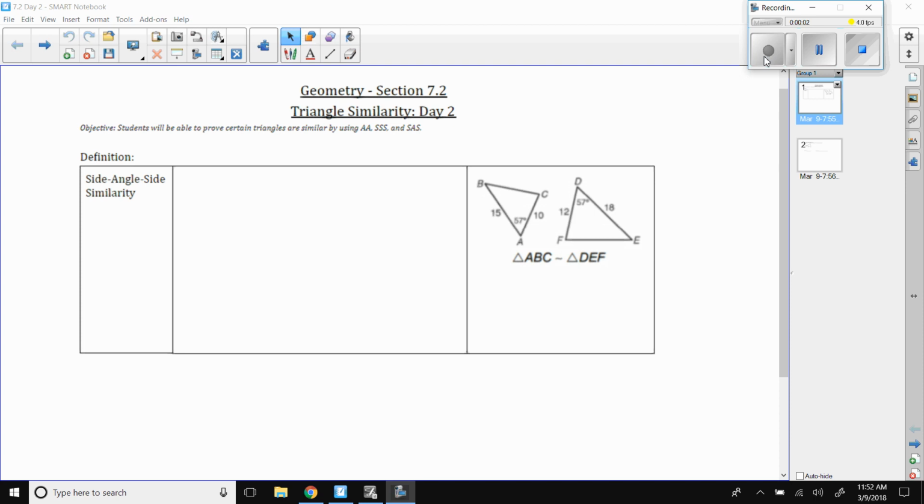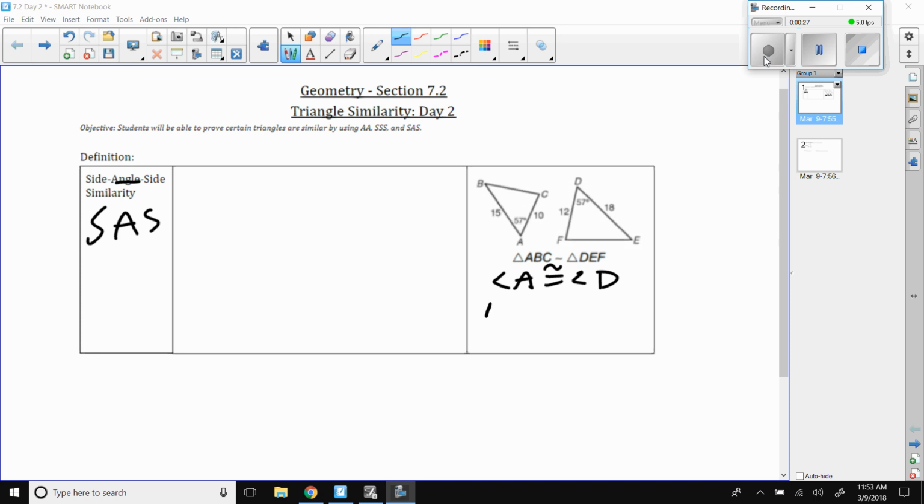The last similarity one that we have is side angle side, which is just SAS, just like we saw with the congruence theorem, and you have to have them in this order. A side is going to be touching an angle as well as another side length. You can see from the picture that you have angle A congruent to angle D, and then we've